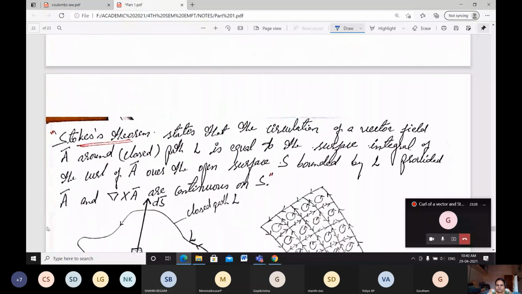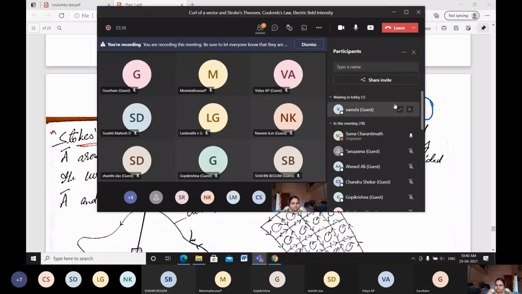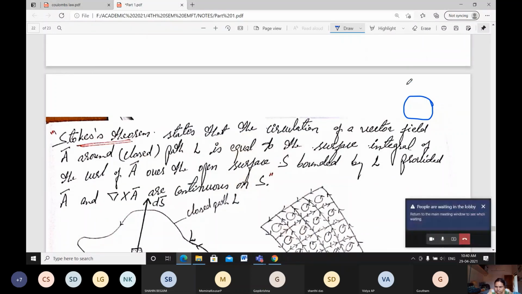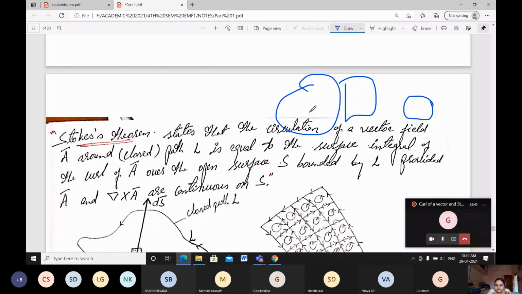What is this Stokes theorem stating for us? It states that the circulation of a vector field, meaning how much it is circulating, is not in a circular fashion only. It may be rectangular, it may have any of the shapes, but it should be closed, meaning it should be covering some area. That's what it states: the circulation of a vector field A around a closed path L, the path it is going to take,